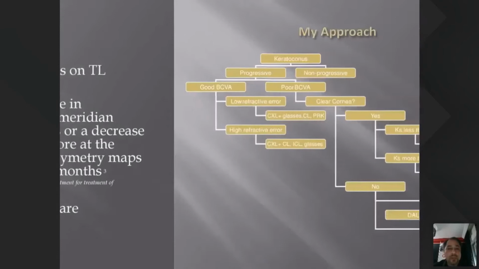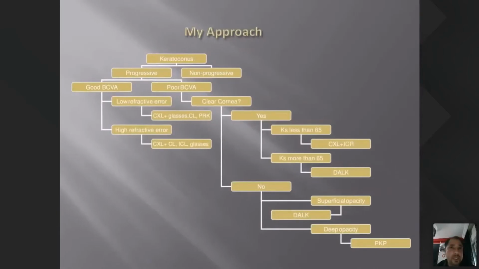Now, if you decide that your patient is progressing, we go back to the decision tree. That means you know, and I know, that the patient needs cross-linking, because cross-linking is the only proven modality nowadays to stop the progression of the disease. There is no other modality that stops the progression of disease. There has been a lot of talk about rigid contact lenses, scleral contact lenses, and rings. There is no real evidence in the literature that proves that those modalities stop the progression of disease. The only one proven to stop the progression of disease is the